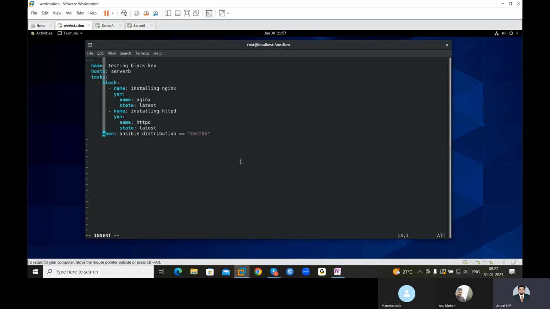And the common condition, look here. Block is used to keep a common condition for multiple tasks. So this is again time saving.